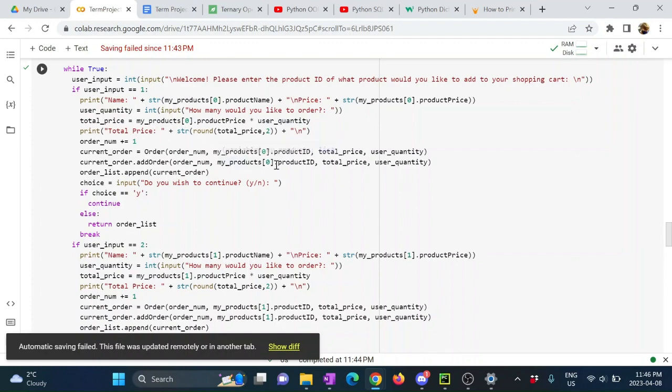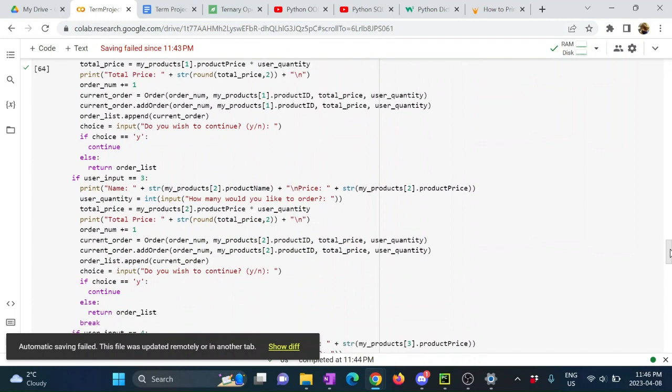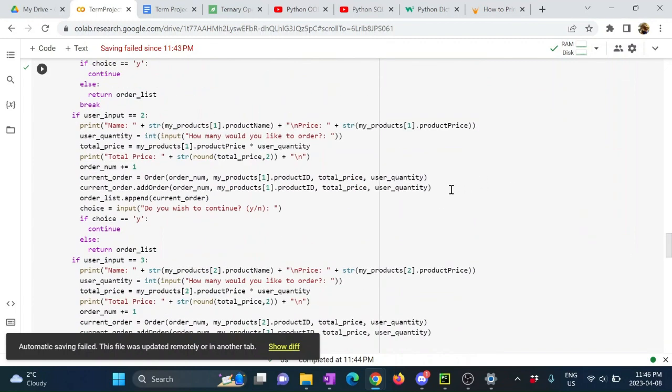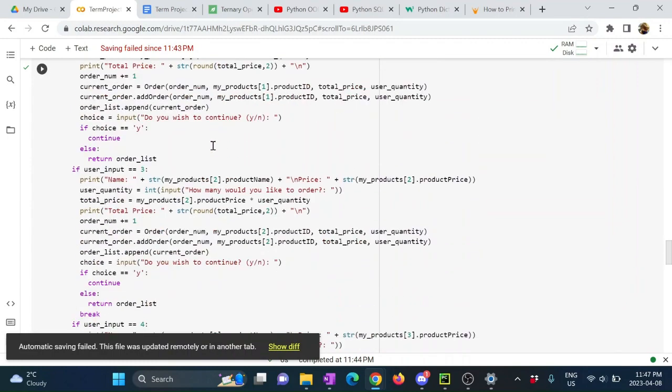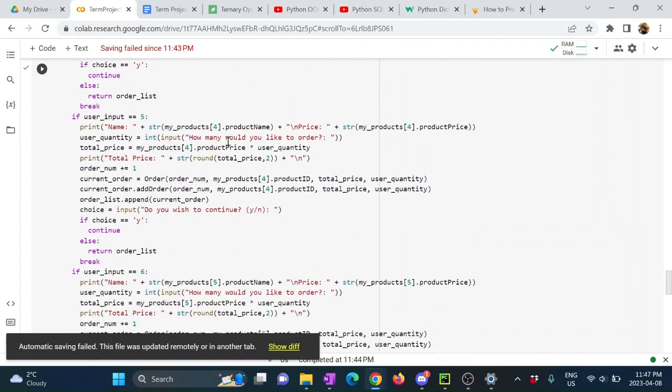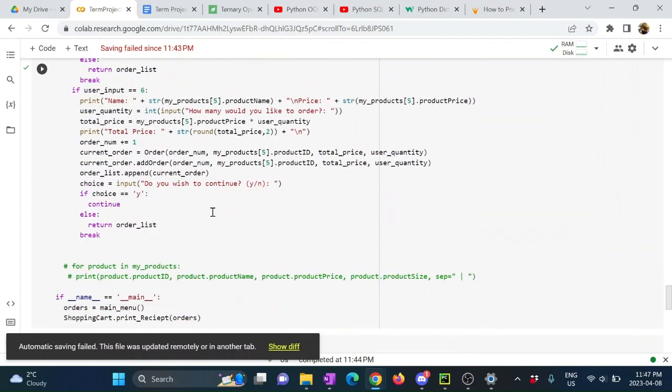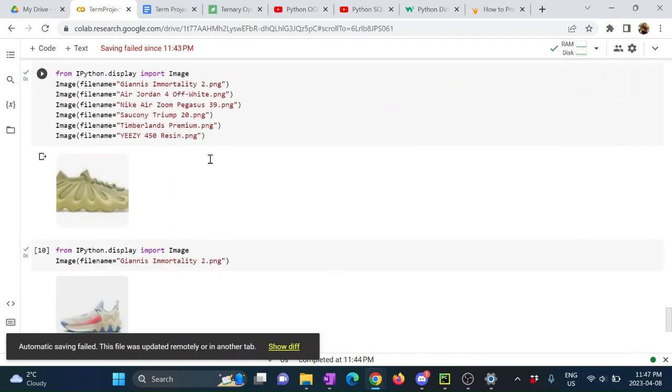Once an order is submitted and we break out of the loop, we will append my order into the my products table in our database, and we'll print out the receipt. It will print out the receipt at the very end once we exit this loop. Here are some images of our product,